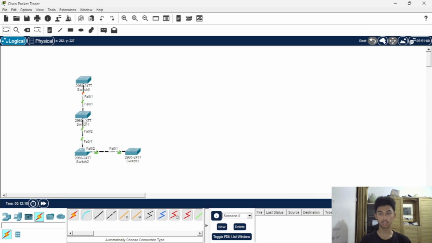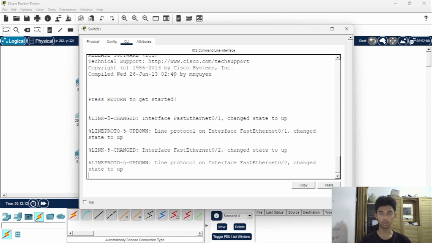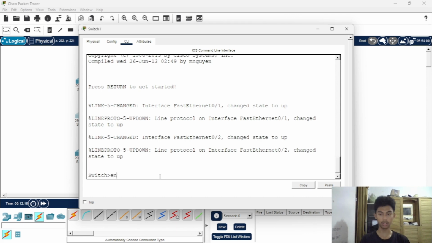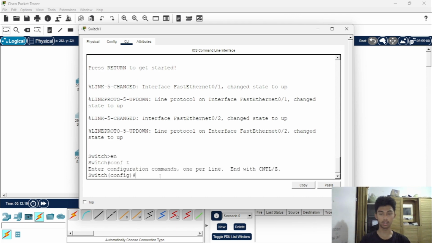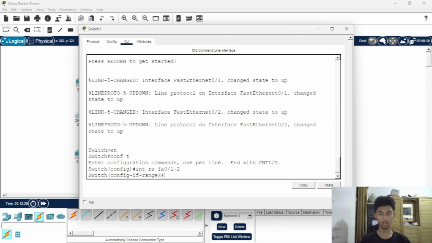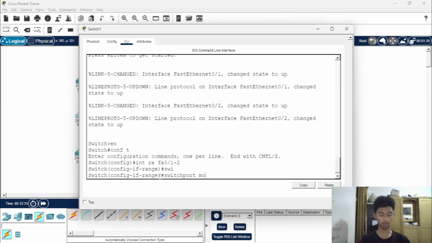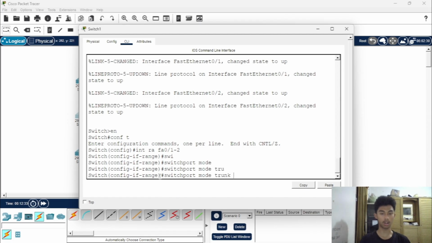Okay, for the next switch we use the same command. In the first switch, enable, configure terminal and then interface range FastEthernet 0/1 to 2, enter, then switchport mode trunk, enter.